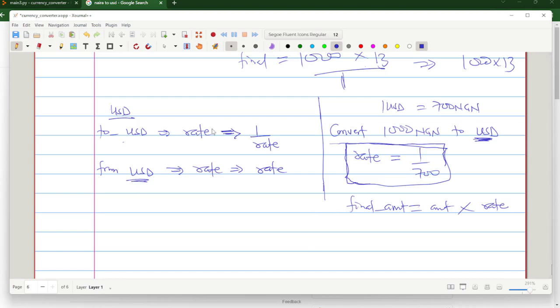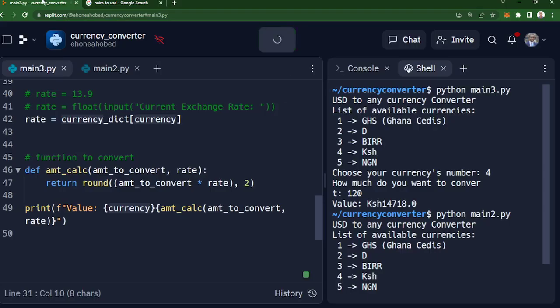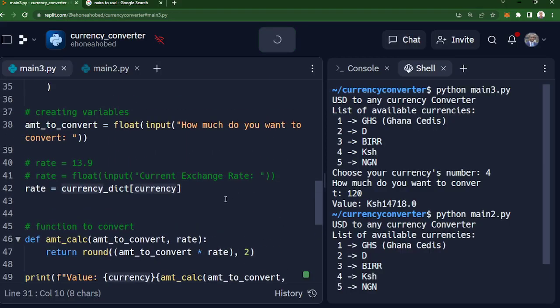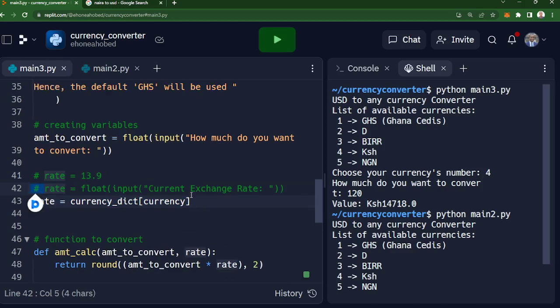So let's see how we are going to implement this in code, by getting back to our code and seeing currently what we have here is this rate that we get. Okay, so after we've gotten this particular rate based on the currency that the person chose, but then we even have to do two things here now, because here we just said which currency choose your currency's number, and we were forcing them to choose the currency because we are converting from USD to that particular currency. Okay, so what we are going to do this time around is we are going to ask them to choose what